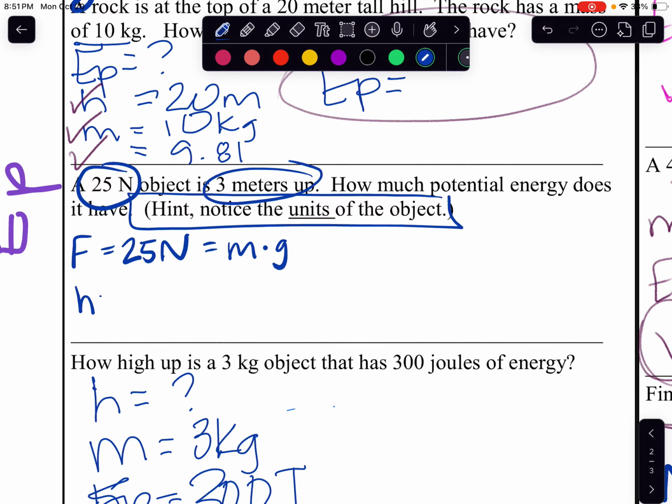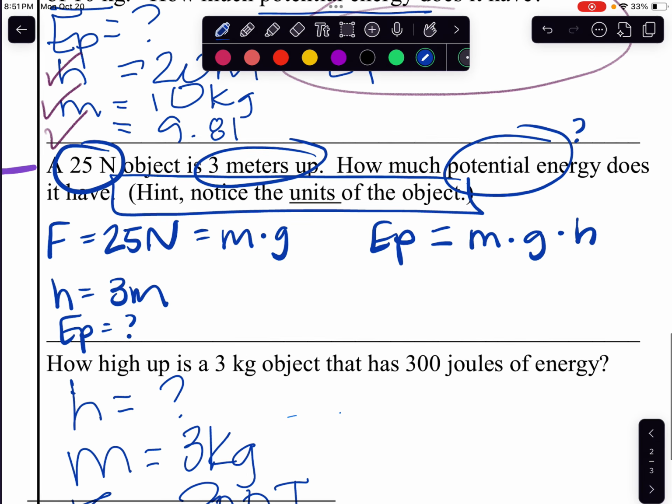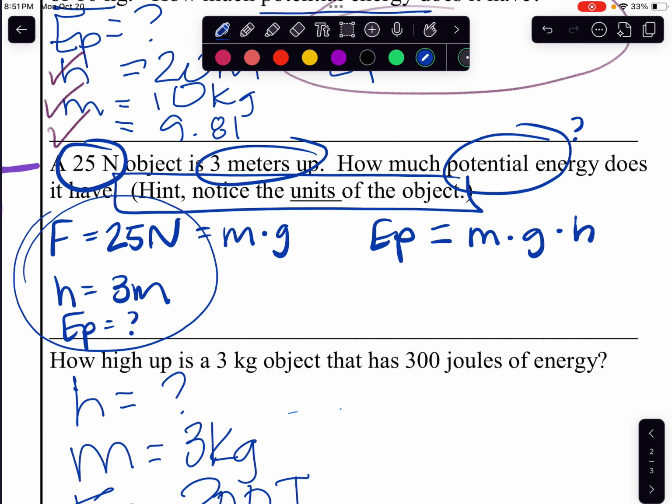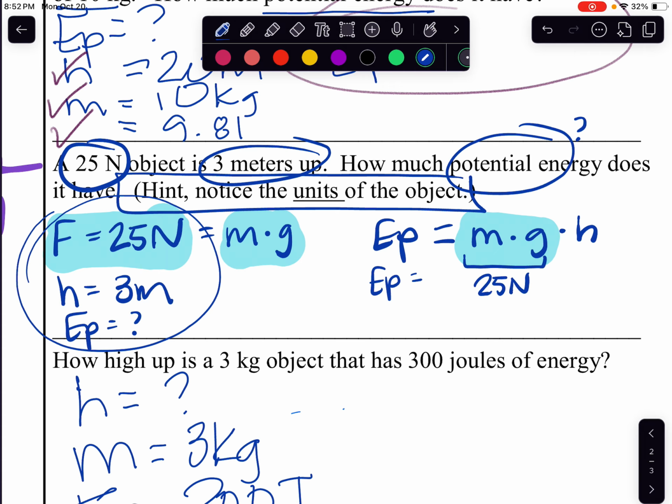We have a height of 3 meters, and they want us to figure out potential energy. So potential energy is our unknown. Normally we would say potential energy equals mass times gravity times height. And usually over here, we would want to have mgh. We kind of do, because we can say, oh, mass times gravity is force. So right here, for both of these letters, I can plug in 25 newtons, multiply it by the object's height,